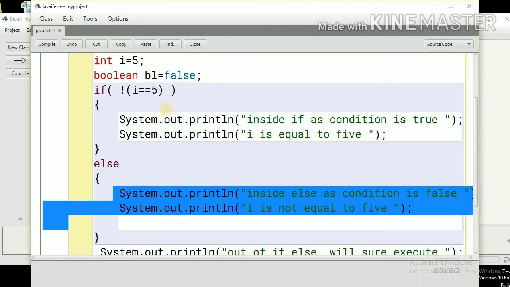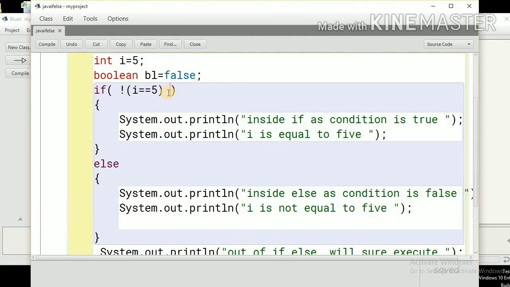We can use multiple conditions also. Let's say I use the OR operator and write i is equal to 5 on one side. Whether the other side is true or false, this one is true. So on one side the result is true and on the other side the result is false, and we are using an OR operator. The OR operator behaves such that whenever any of the two conditions is true, the result is always true.